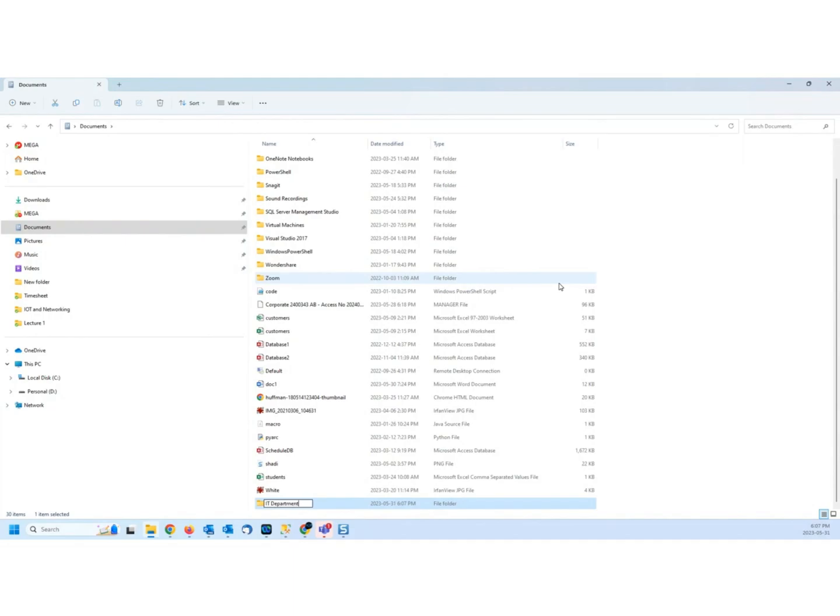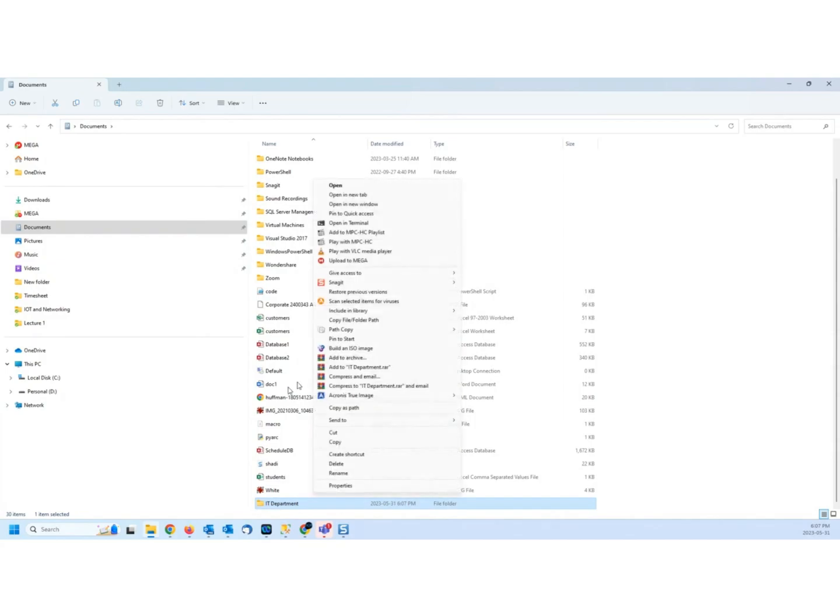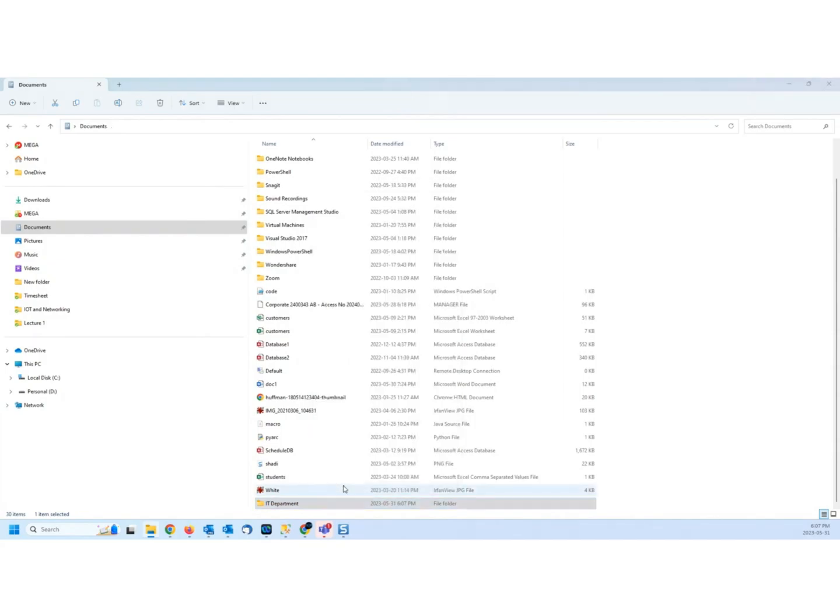Obviously I don't have it, but let's say I'm creating it on my server. So I have this folder right now, and if I go to show more options and then properties,